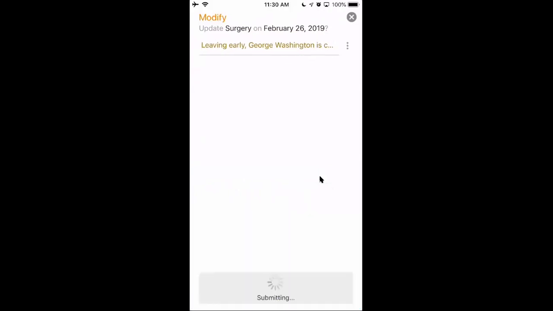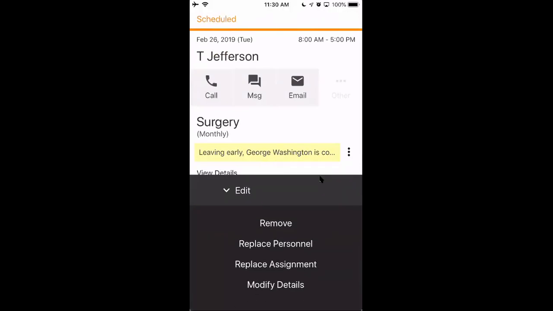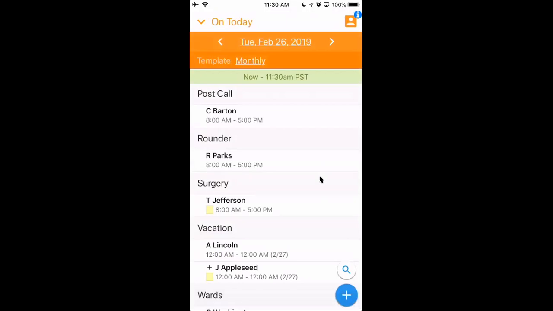That would be an example of how we could submit a note right from the app. There's also other options that I'll go through in a second. This is also where you would submit those replacements and create swap opportunities as well if you can no longer work the shift. So if I close out of this,